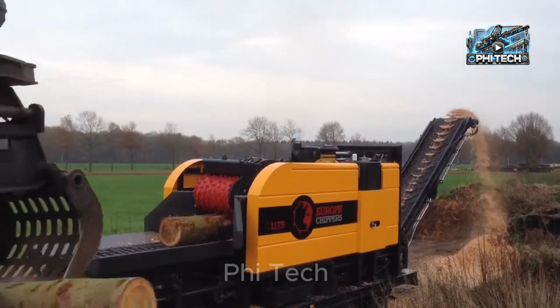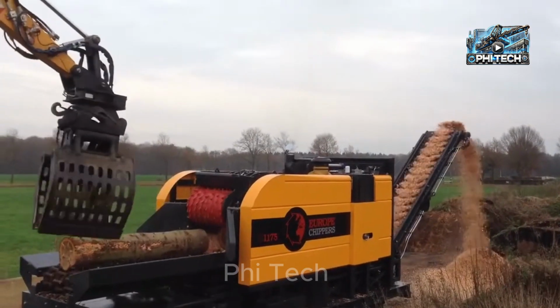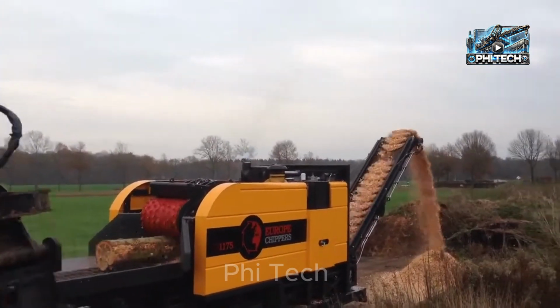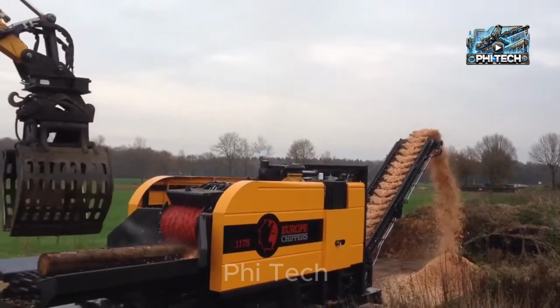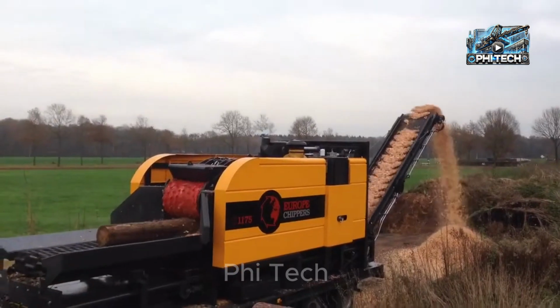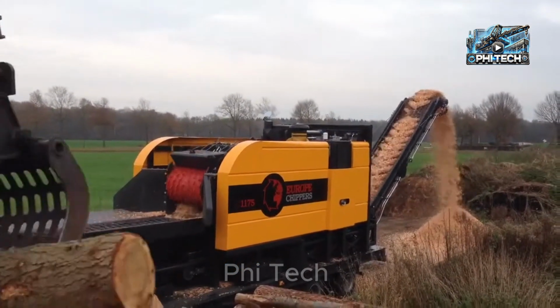That's why you need the Varia WC25 Texas grinder. Equipped with a powerful 600 horsepower engine and a compact design, land clearing has never been faster. Its intelligent grinding system and variable feed speed ensure smooth operation without interruptions. Plus, the machine is easy to maintain, saving you time and